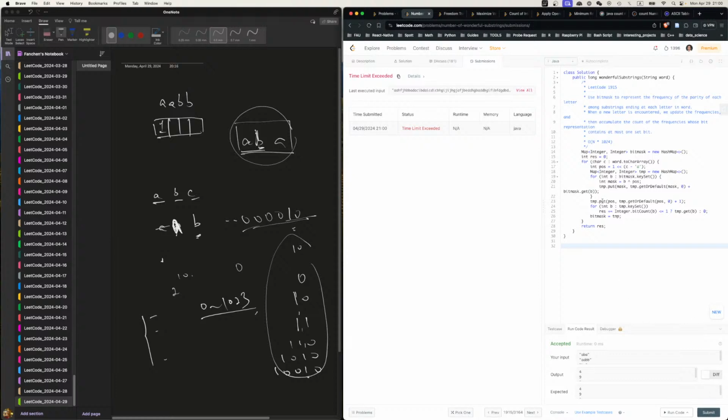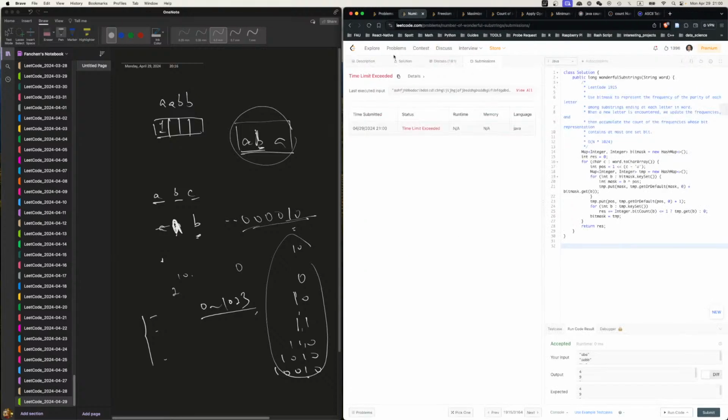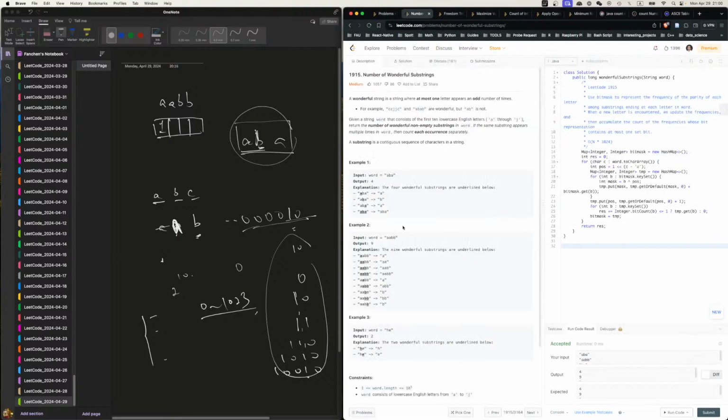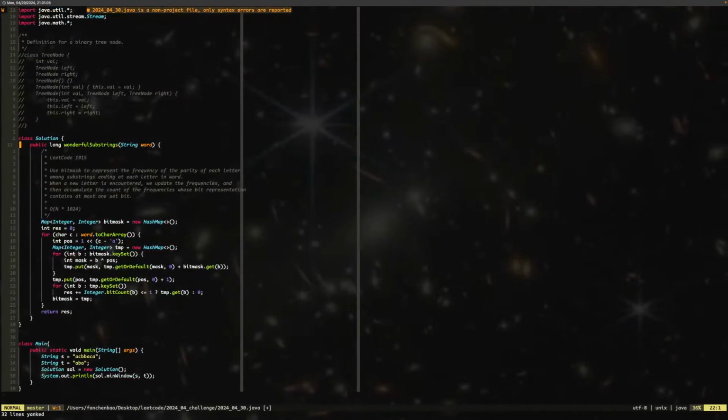I thought it would work, but turned out it did not. Can't do it because it's 1000 and this is 10 to the 5th, so we cannot do 1000. Okay, that's fine. So basically this one timed out. Yes, it's understandable that it timed out,